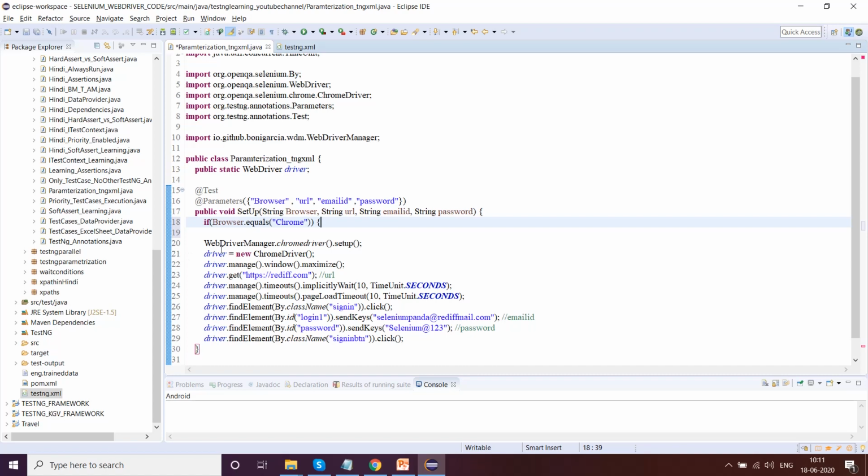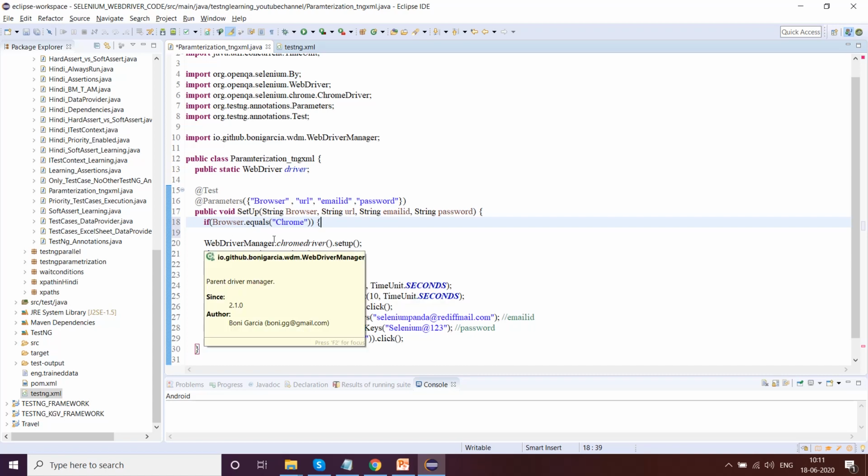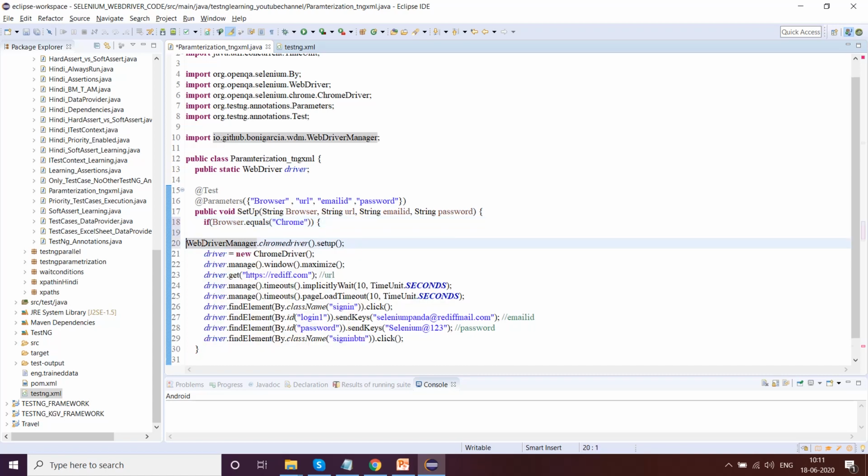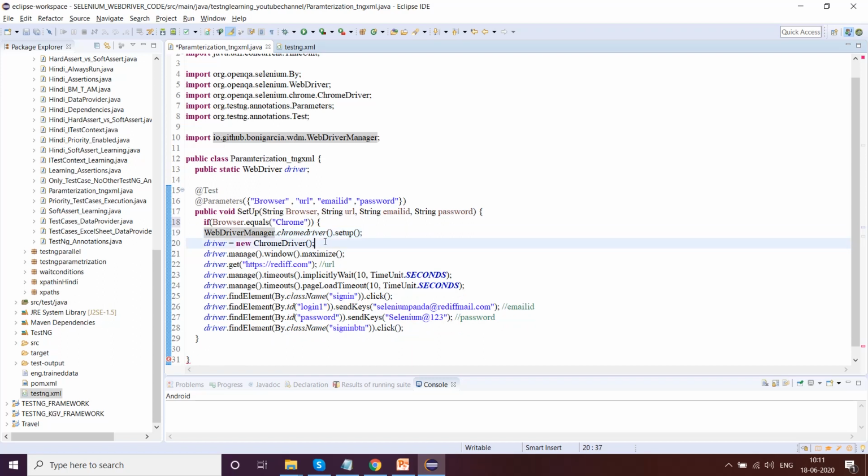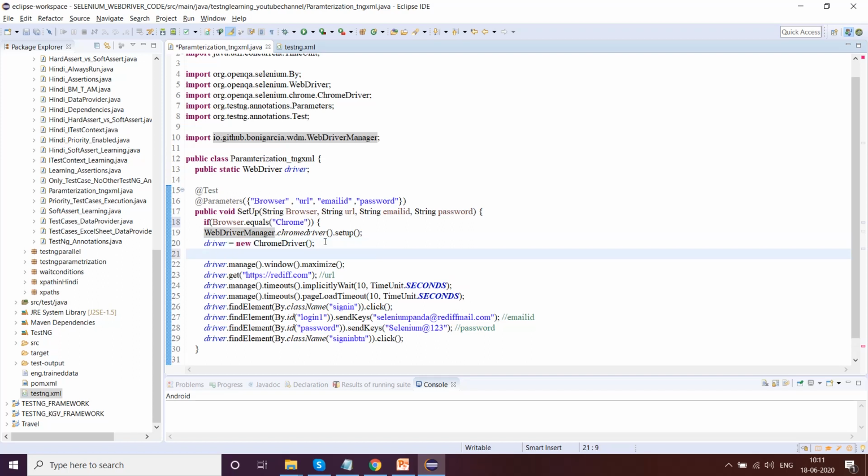Okay, then do this typical setup. In this typical setup we will bring this one here. Now here what I'll do is, I'll give an if condition.